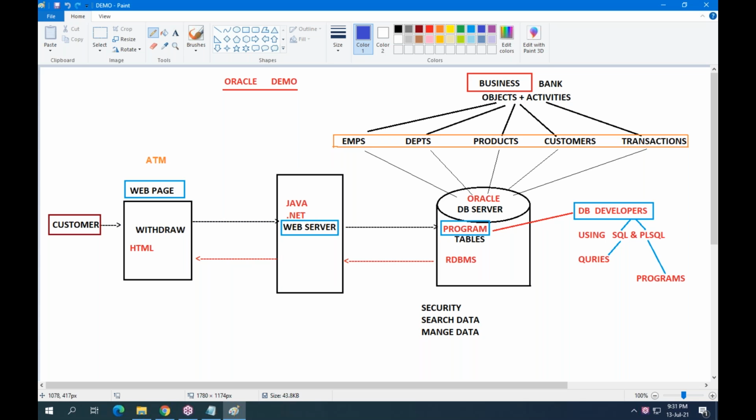Once you have completed learning SQL and PL/SQL, you will try for a job as a database developer, SQL developer, PL/SQL developer, or Oracle developer. All are the same positions.